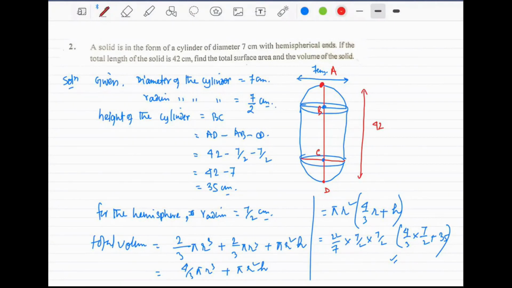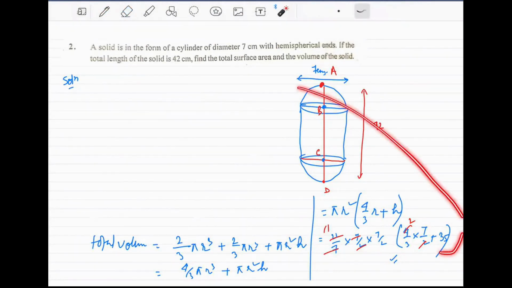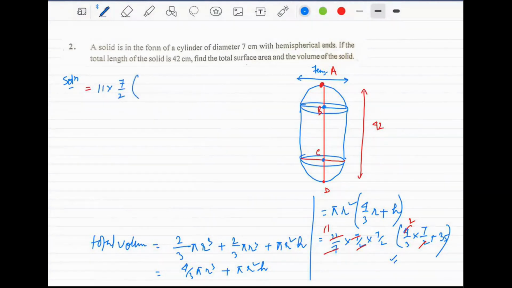Okay, let me do just a small cancellation. 7 and 7, 2 and 22. The rest we have to leave. And one cancellation here, 2 2s are 4. Let me just rub off until here. Let's just finish this calculation. So whatever is left, you keep it. There is an 11 left, 7 by 2 left, and there is 2 left above, 7 left, 3 left, plus